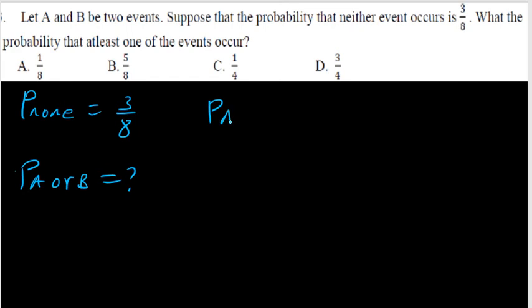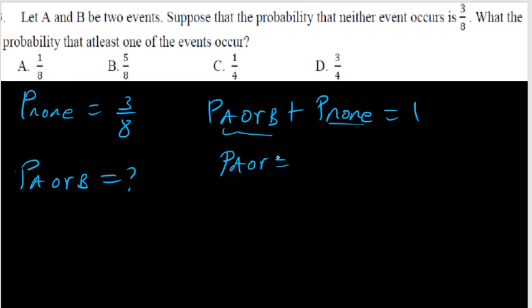Remember, the probability of A or B plus the probability of none has to be 1. This is a total probability. At least means either of the two. So we are looking for this one, and the probability of the none is given to you. So the probability of A or B, I mean either of the two, probability of either of the two means at least 1,